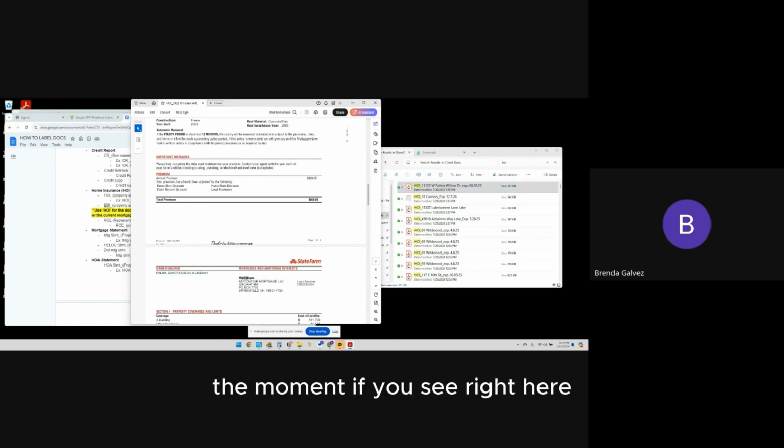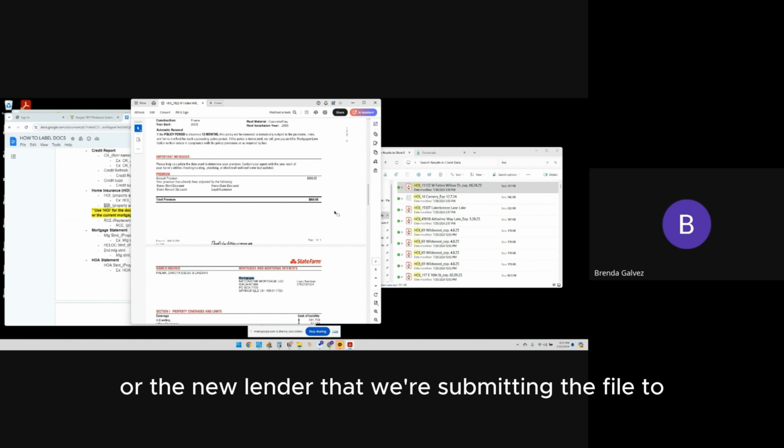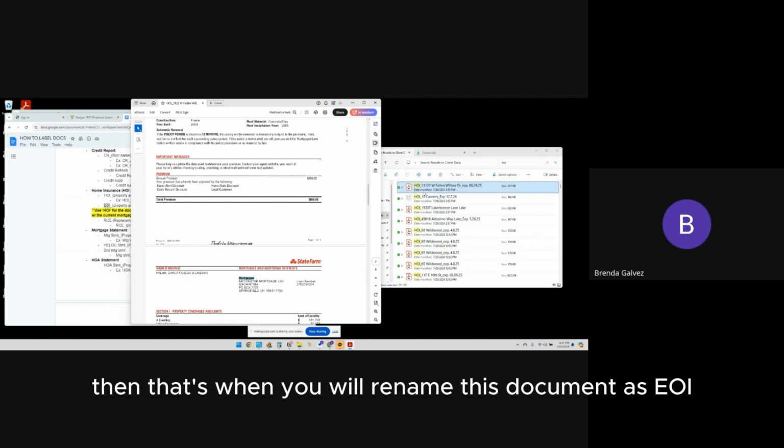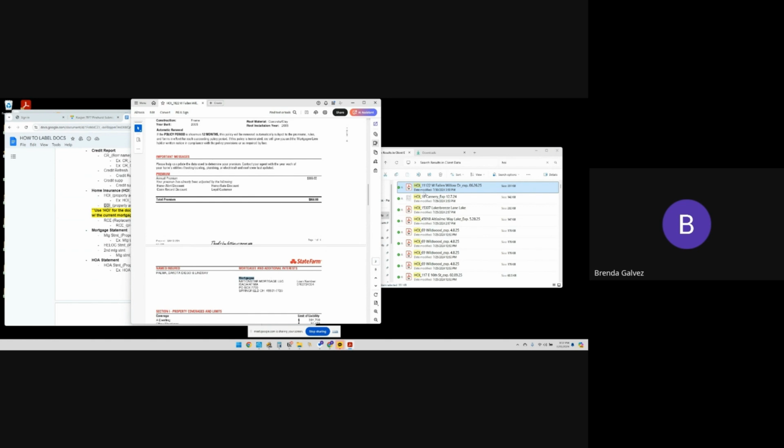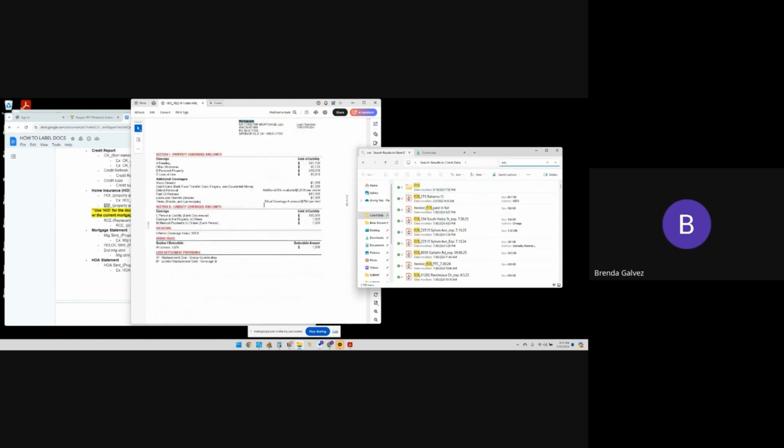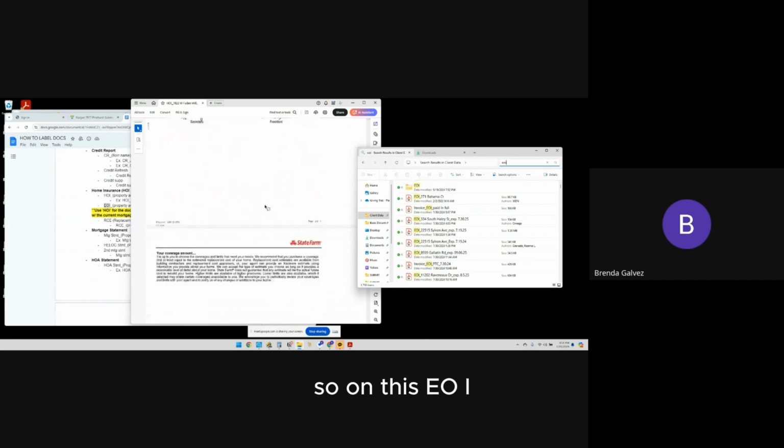The moment, if you see right here, this mortgagee section, which is also known as the lost payee, gets updated to the new bank or the new lender that we're submitting the file to, then that's when you will rename this document as EOI. So let me open up another one. So on this EOI,